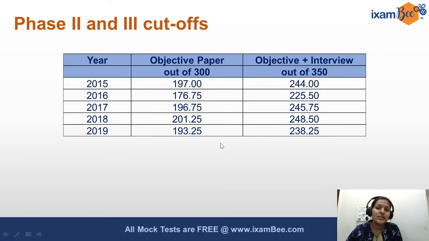Okay, or it is possible that in the interview you get 1 or 2 marks. This has actually happened this year. Marks as low as 1 have already been given in the interview. But if you have been able to get a 238 or 237 in your written objective paper, then also you clear, and you become the RBI Grade B officer, right? Therefore it is very important to get as many marks as you can